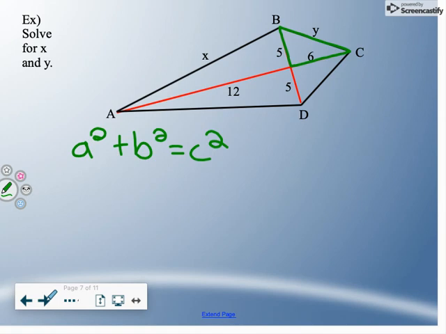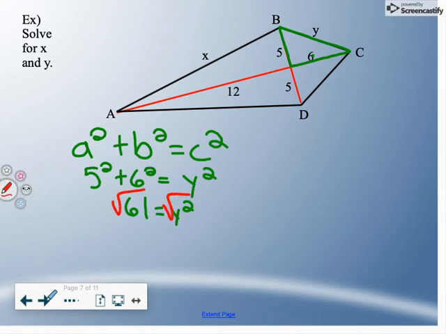A and b are always the legs of our triangle, so the 5 and the 6 here. And y, in this case, is our c value. So we add these together, we get 61 is equal to y squared. To counteract something that's squared, we take the square root. So we get y is equal to about